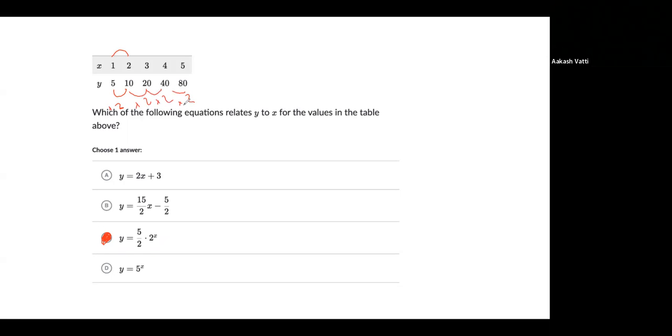So you know it's exponential because it's always multiplying by something versus adding something. So you take out A and you take out B. So now you have either C or D. And here you can immediately take out D because it suggests that there's a factor of 5 versus a factor of 2. So you take out D and you're left with